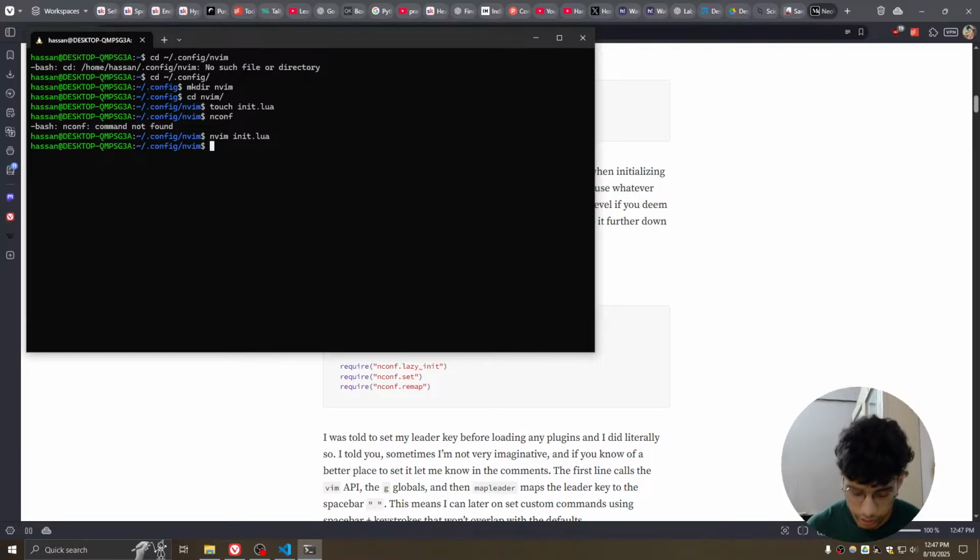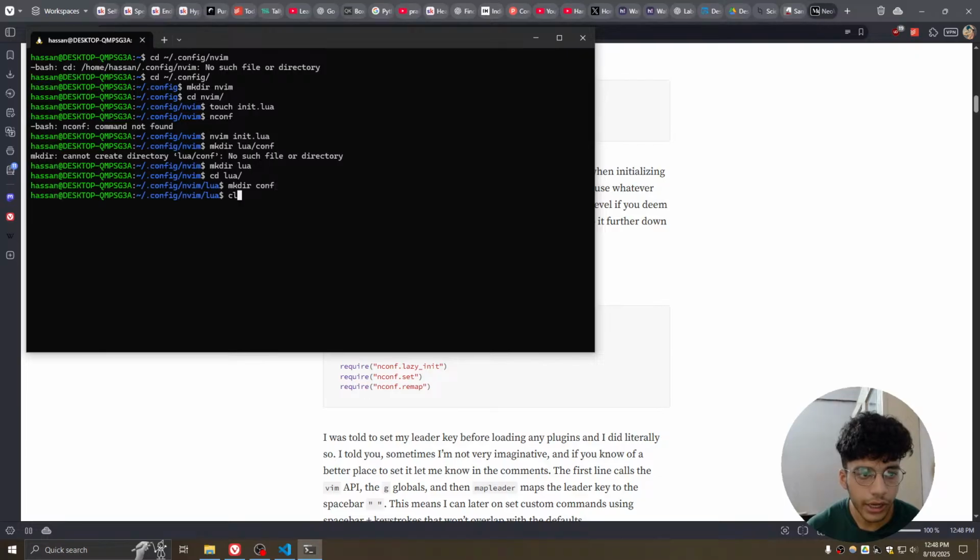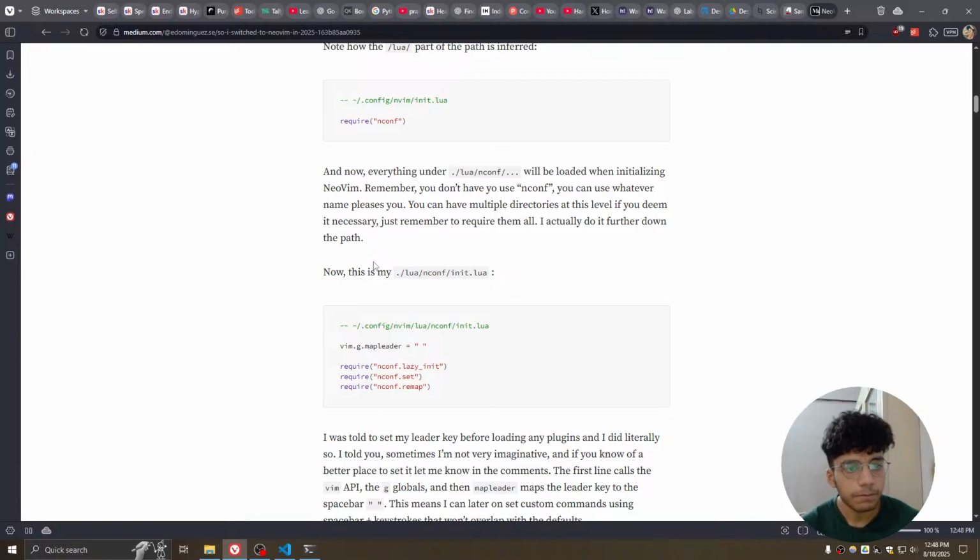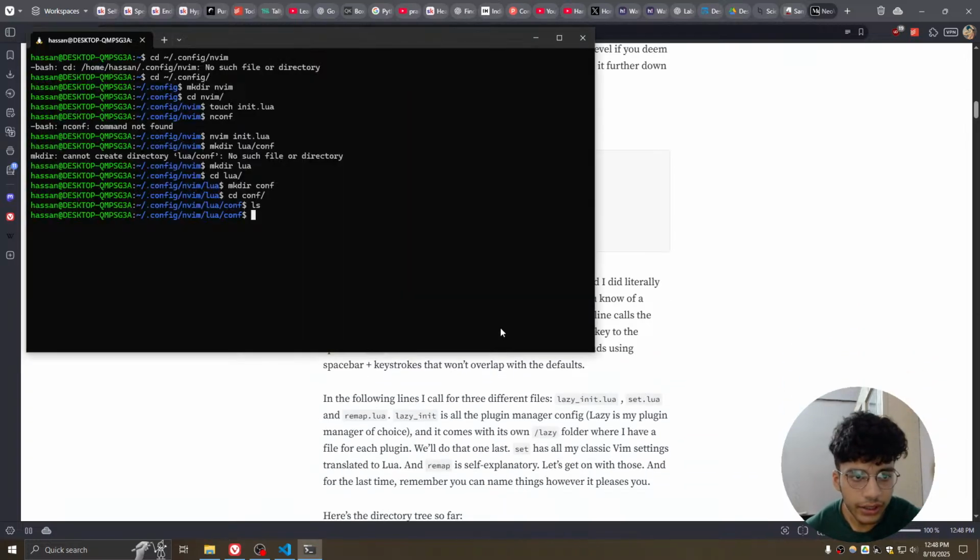save and quit this, and then we're gonna have a Lua directory. Can you use mkdir to create subdirectories as well? Like if I did this lua/conf, what would it do? Yeah, see, it didn't work. So I have to do this and then cd into it and then create the conf and then it will work. Perfect. Awesome. Now, what's next? Now we need to create an init.lua inside this configuration directory as well. So let's do that. I'm going to say init.lua